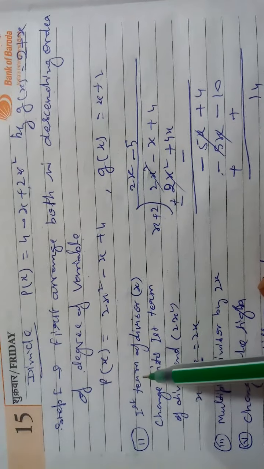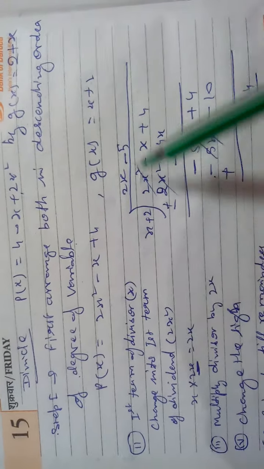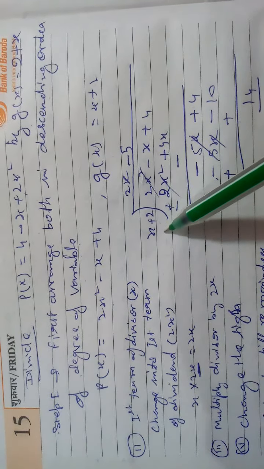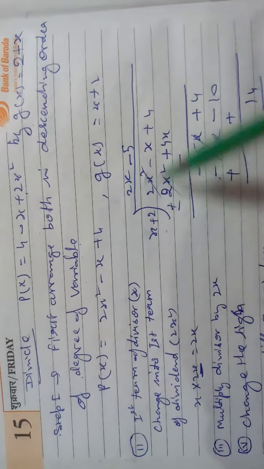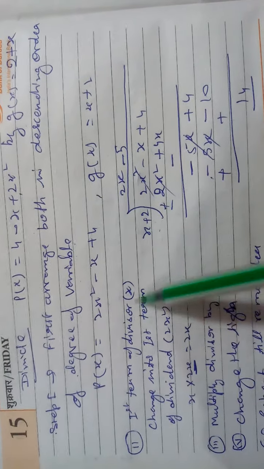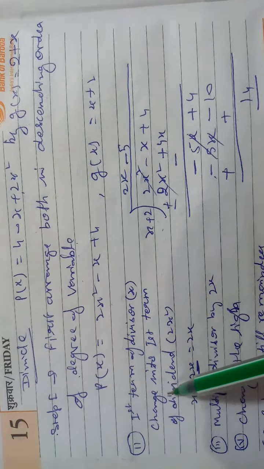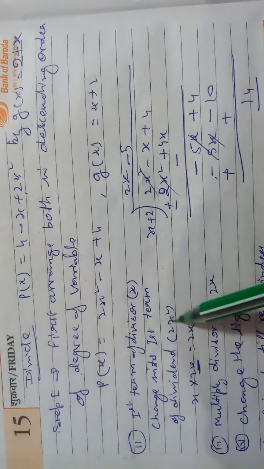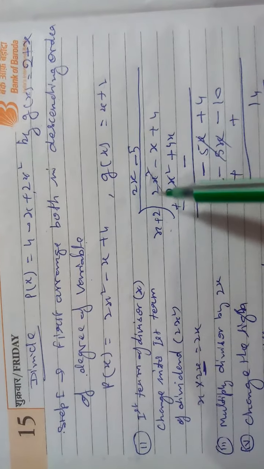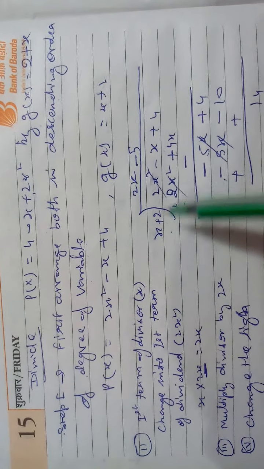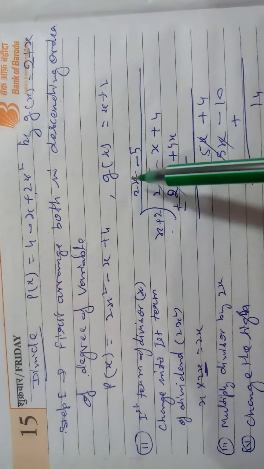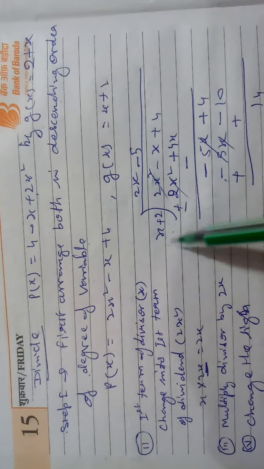Here you see, the first step is you arrange. The second step is you write like the division method, dividend inside and divisor outside. And you check the first term. It is a stepwise division I have written. What is your first term? The first term of the divisor, which is x, is to be changed into the first term of the dividend, 2x square. It is the method of division. How will you change x into 2x square? By multiplying by 2x. By multiplying x by 2x, you get 2x square.